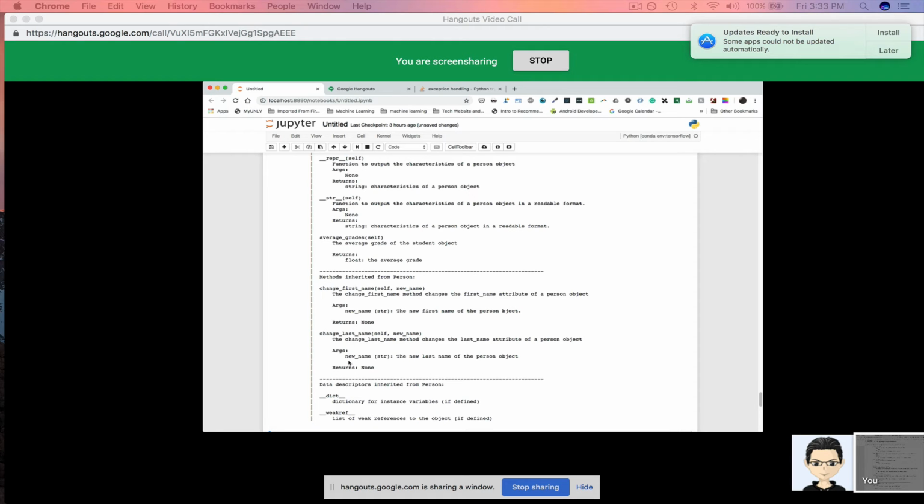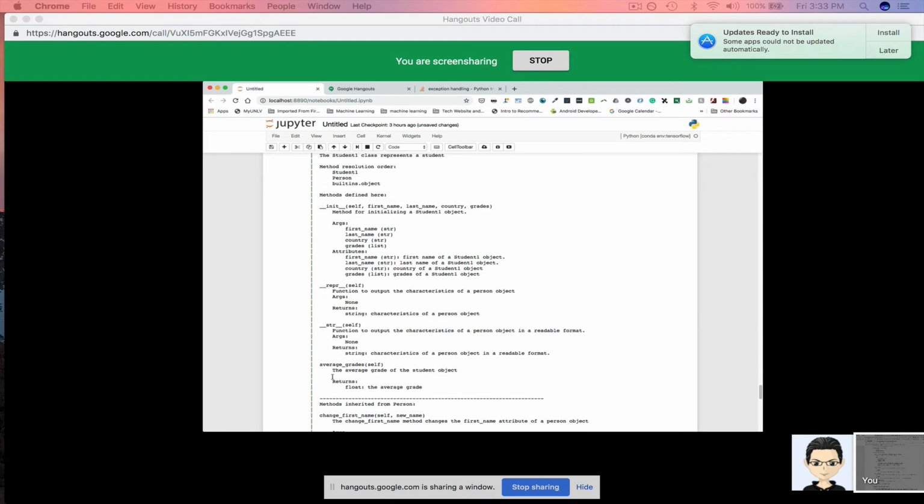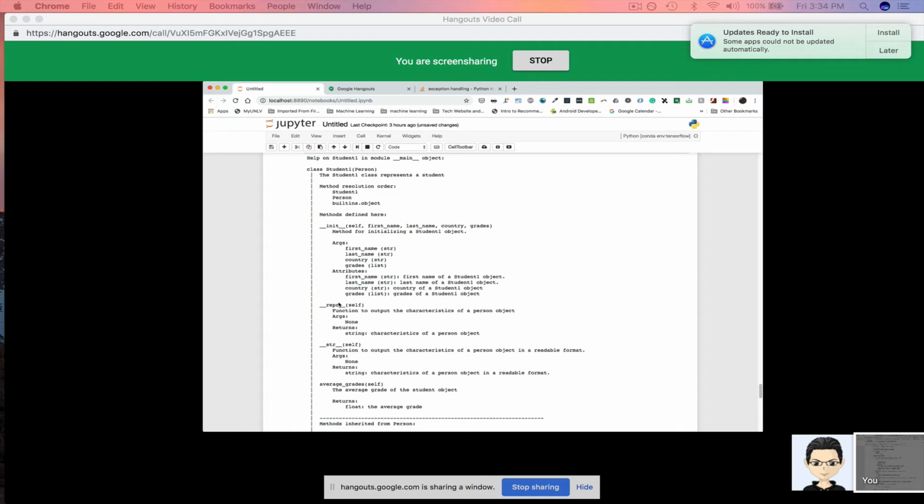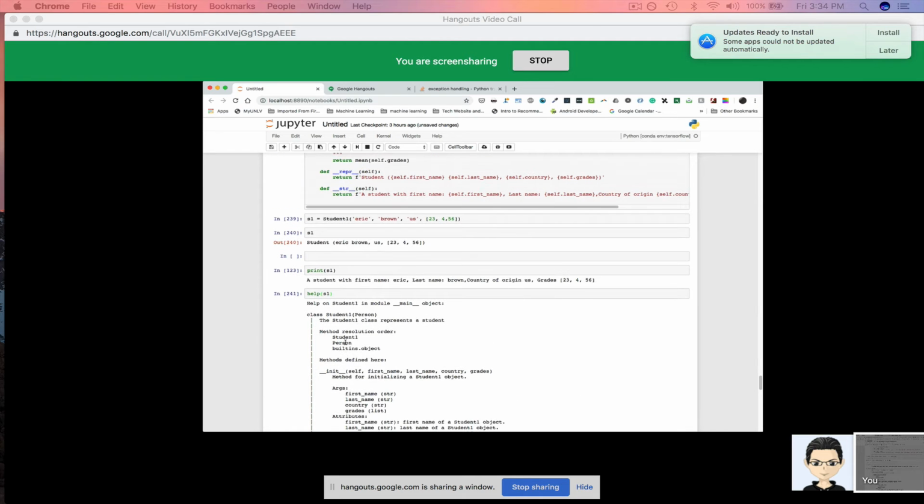These are inherited from person, and this is my method that I define here that I'm overriding. So if I want to do S1 dot change first name, for example,